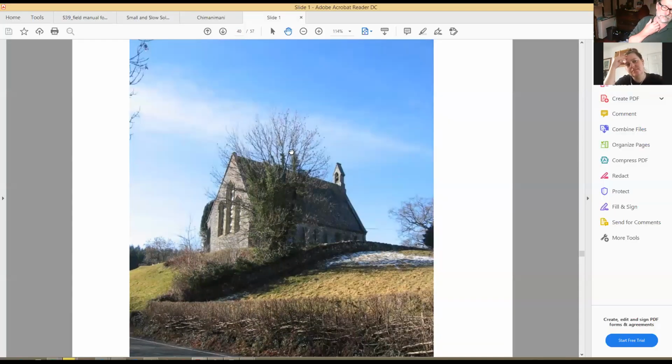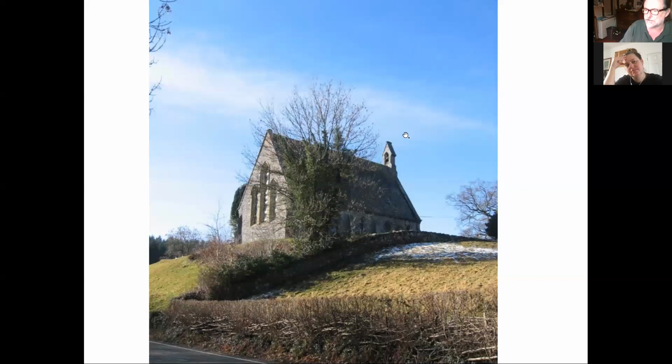Microclimate. This is about microclimate. Never underestimate the importance of microclimate. That the difference between here and here is 100%. What we're seeing is the frost shadow behind the building. This is just below Llanwddyn by Lake Vyrnwy, and it's one of those really cold December days, but it's bright and sunny as well. There's obviously been a heavy frost in the night, and here's the sun over here. You can see the shadow, so the sun's over here somewhere, and it's tracked across the sky from here to here as the day's gone by.